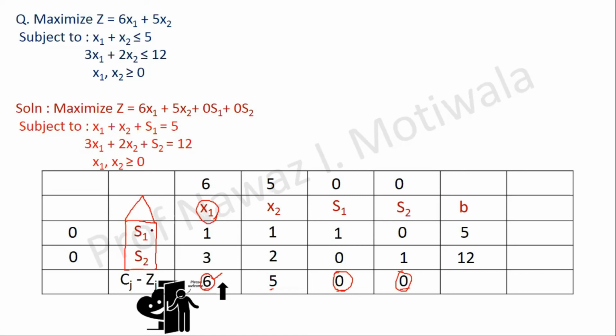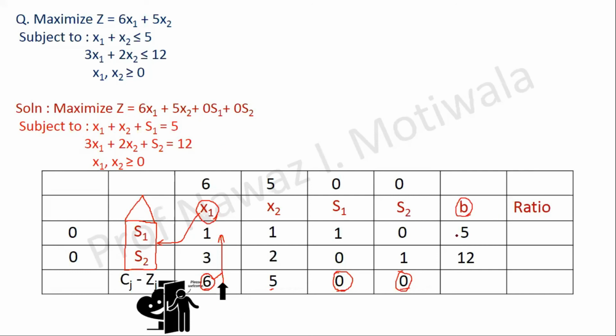So earlier there were S1 S2, now I feel I should keep X1, X1 should enter my house, but I don't have space. So what to do, one of them will have to leave the house, one of S1 and S2 will have to leave. Now let us compute which is that variable that will be leaving my basic variables. So for that we look in the last column, where we have one relation, that is the ratio. Now in the ratio, what you have to do, we said this particular variable will enter into our house or the basic solution. So you have to just take the ratio of this b with this particular column.